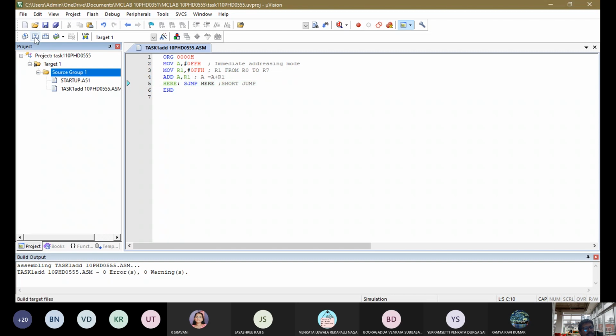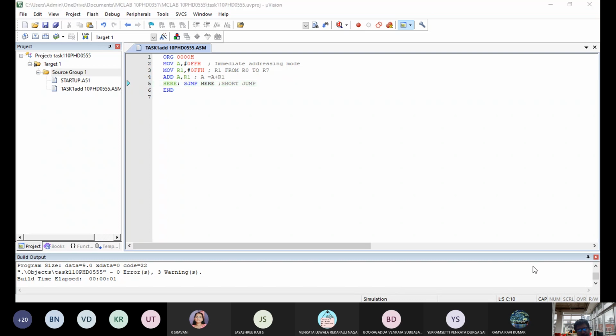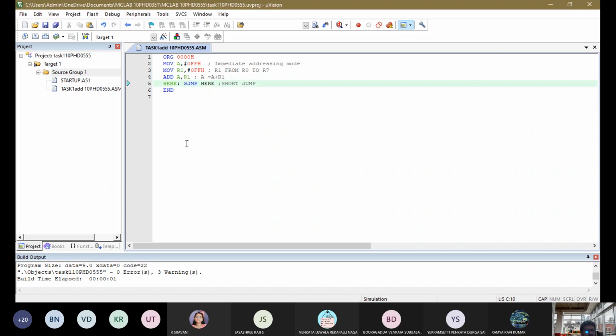Next, you build this. The second button is build, F7. Next step is build, or you can press F7. If you press F7, it will give this output.